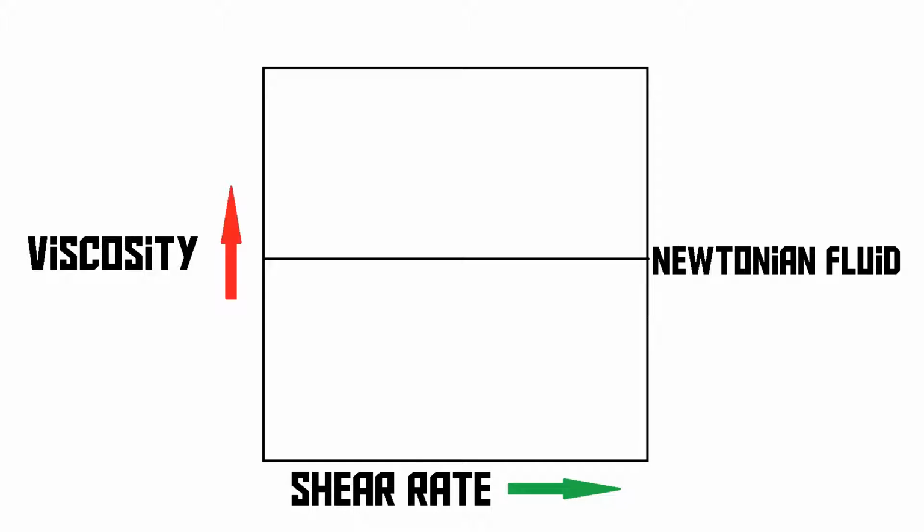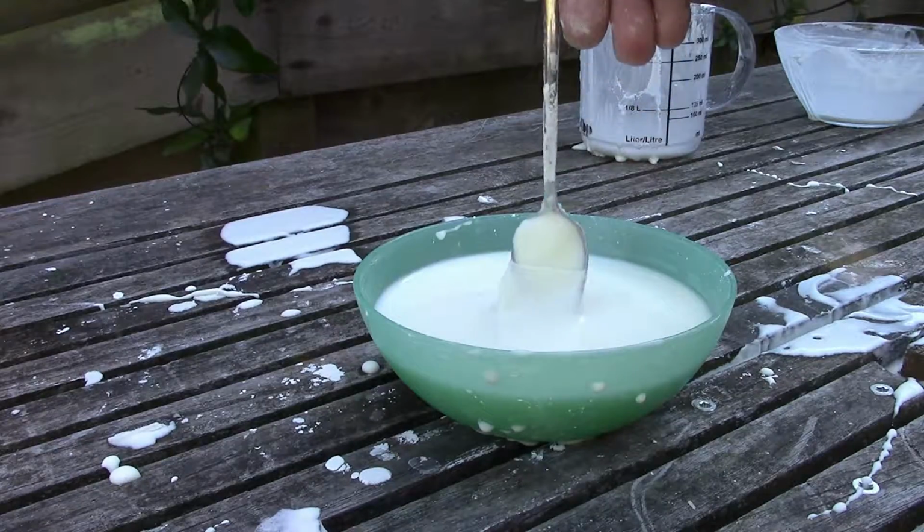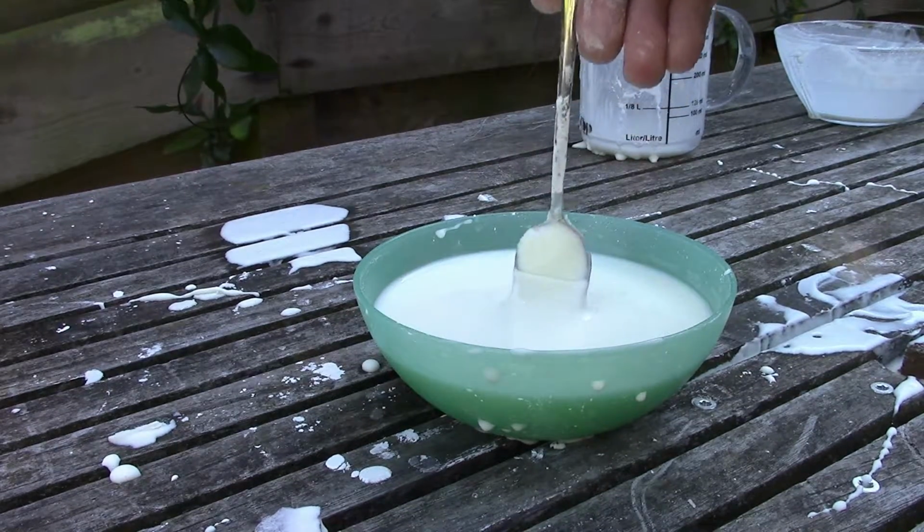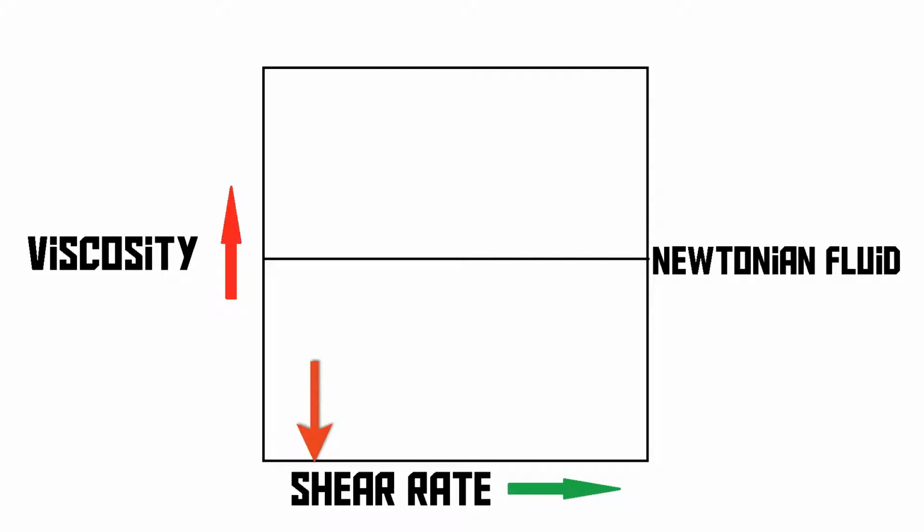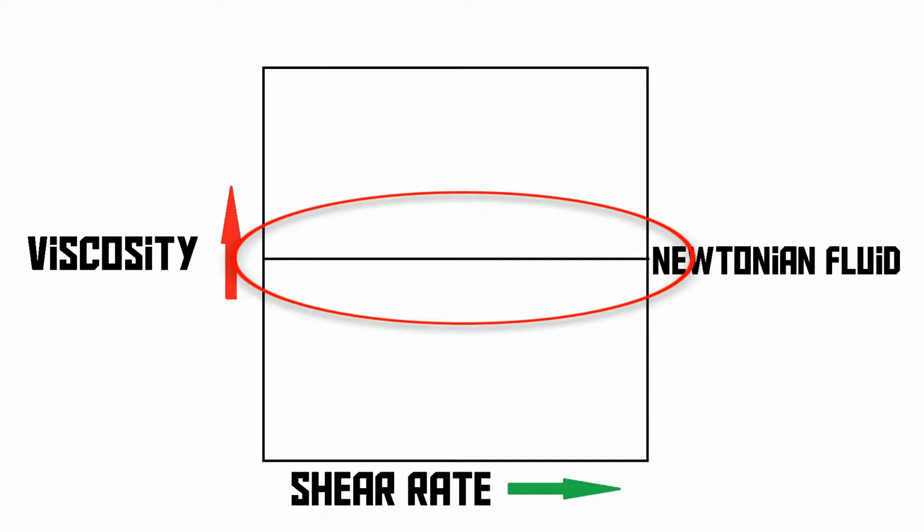Shear rate, what this basically means is that if you gently press a spoon into a fluid, the shear rate is very low. If you smash a fluid with a hammer, like we just did, the shear rate is really high. Now if we would put water into this graph, it would look like this, a straight line, because water